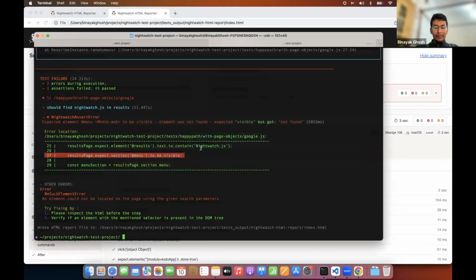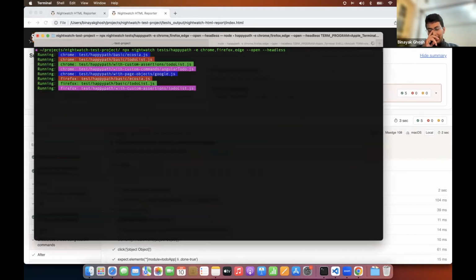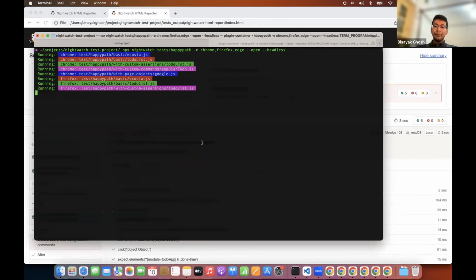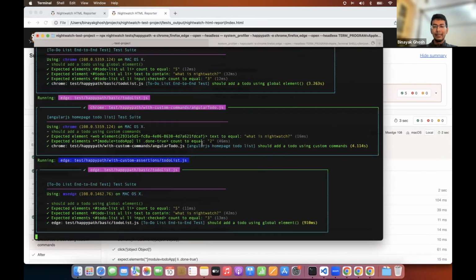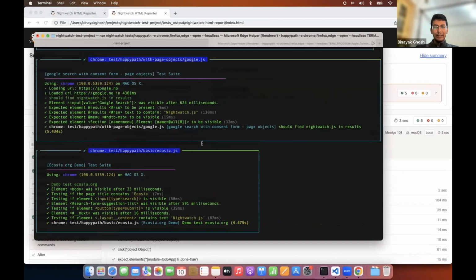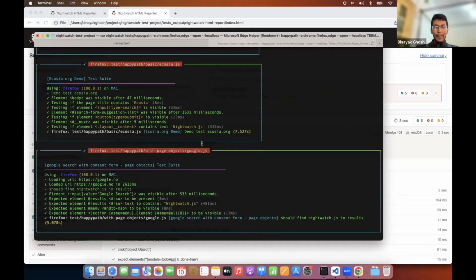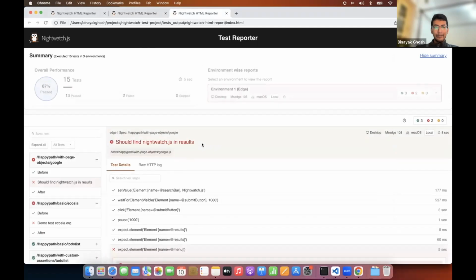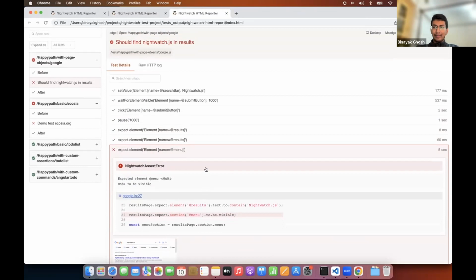Cool. One nifty thing that you can do while running tests is run it using headless mode. And if you run something with headless, you don't get to see the browser. So you don't know what's actually happening behind the scenes. So let's hope something fails here. Yep. So we have failed test cases. You can see the screenshot here. That can help you